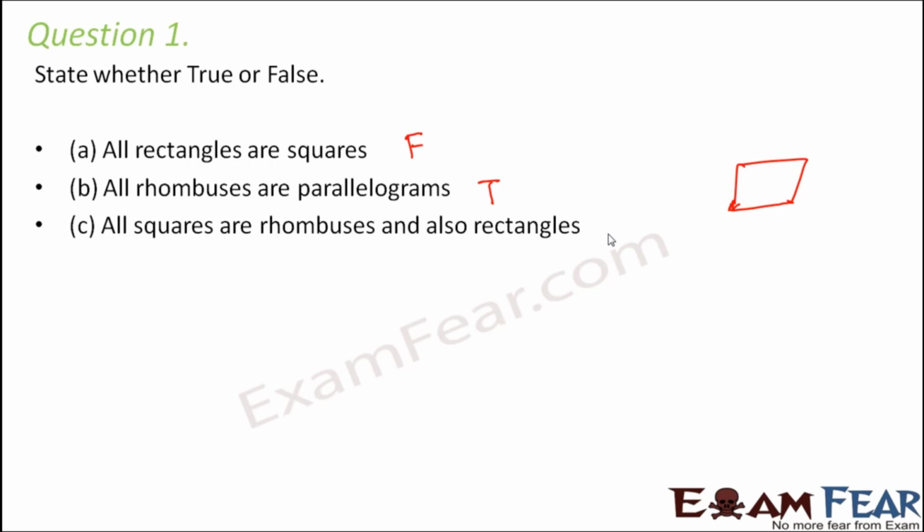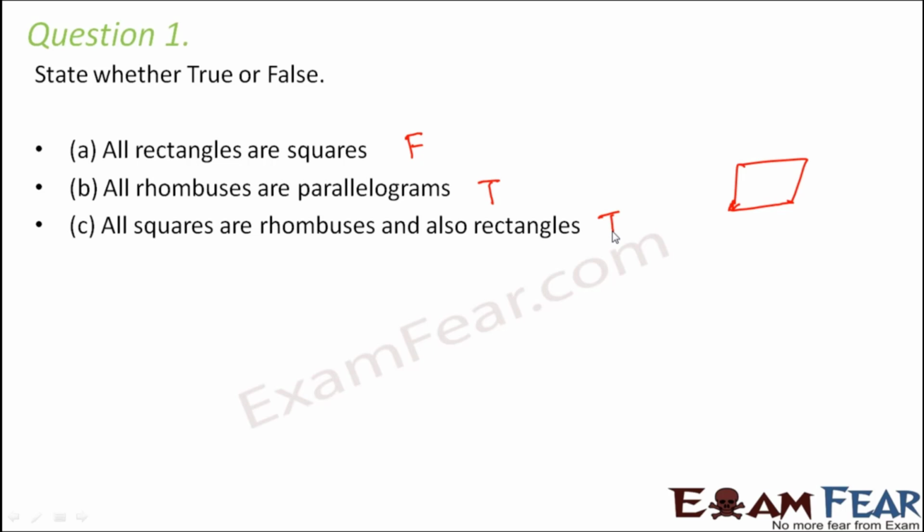So these are certain things which you really need to think, analyze, and then understand. I am just speaking. Just by listening to it, you might not be able to understand. So just try to analyze it yourself. List down the properties of a rhombus, list down the properties of a rectangle, list down the properties of a square. You would see that a square would fit into the properties of a rhombus and rectangle. But a rhombus would not fit into the properties of a square.